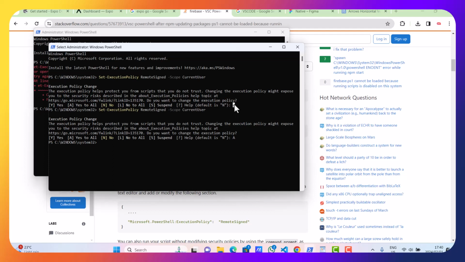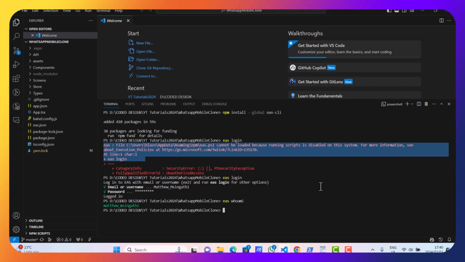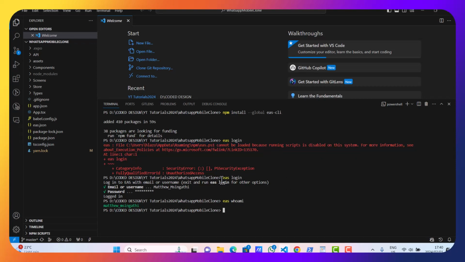I was not sure if something happened, and I did the same thing again, and instead of pressing a small letter a, I pressed a capital letter A to say yes to all. And this is what happened. And then after that, I went back to my Visual Studio Code. I ran the same command again, eas